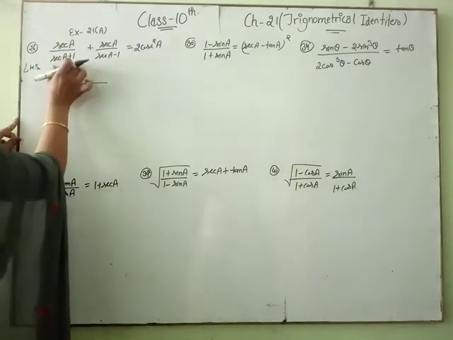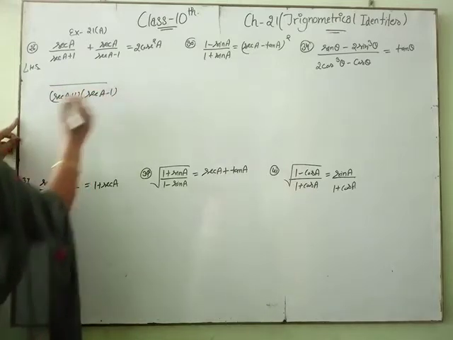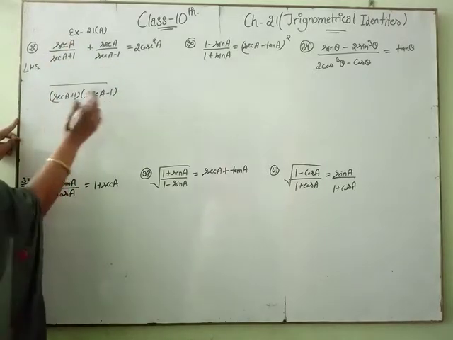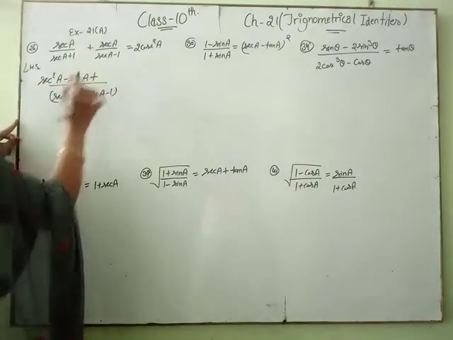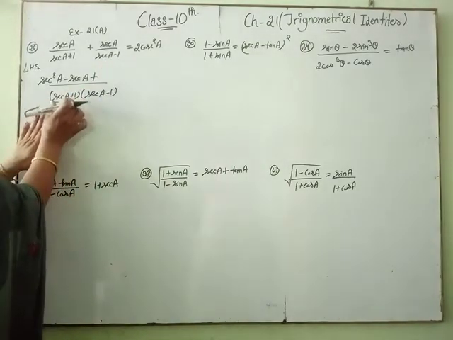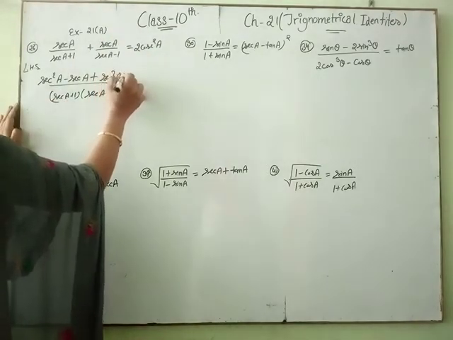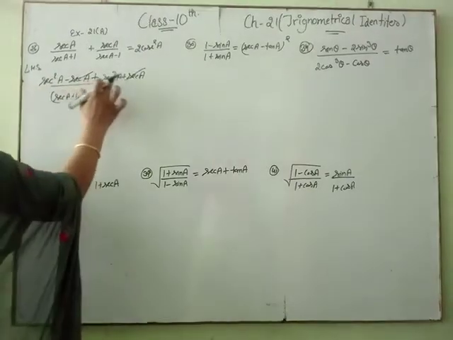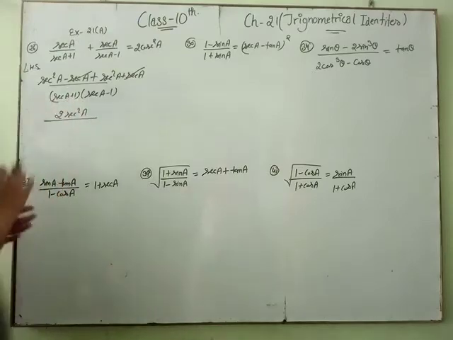First we take LCM, this and this, secant A plus 1 and secant A minus 1. This divided by this, cancel, only this left, this and this both are multiplied. Then this equal to secant square A minus secant A. Okay, plus sign as it is. Same, this complete divided by this, secant A minus 1 cancel, only this left, this multiply with secant. Secant square A plus secant A. Okay, secant A cancel, 2 secant square A by secant A plus 1, secant A minus 1.